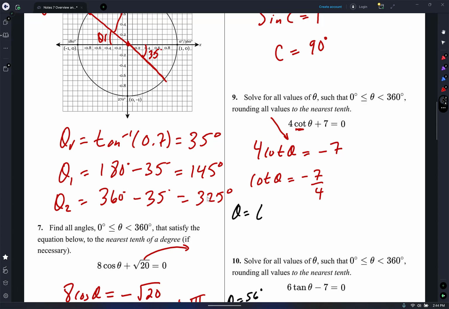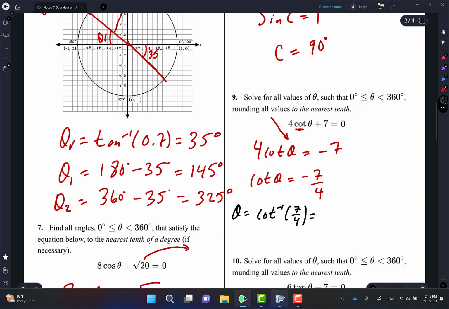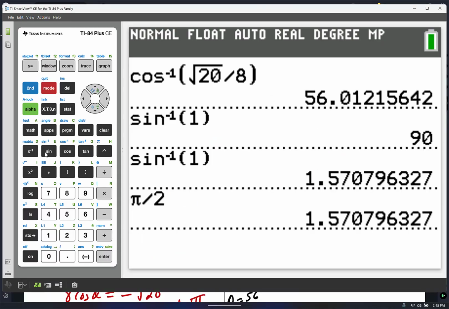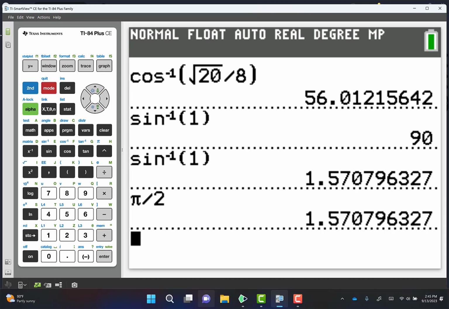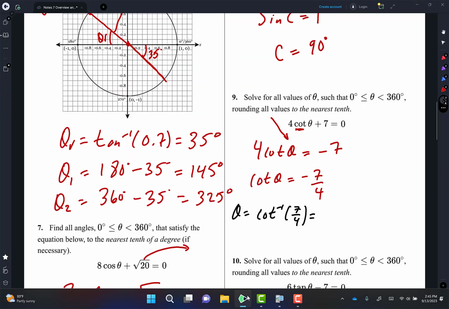Theta equals arc cotangent, so you put cotangent to the -1 of 7/4. And then when you're about to type this into the calculator, you realize, is there a cotangent button? There isn't. Relax, it's not the end of the world. You're not a robot. You know how to find this. But how? Cotangent and tangent are reciprocals of each other. Do you guys remember that? So I'm going to put a side note,